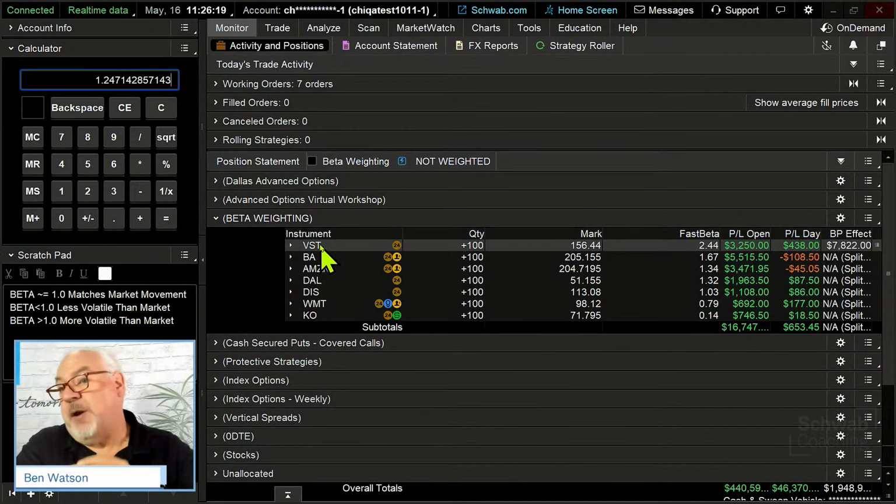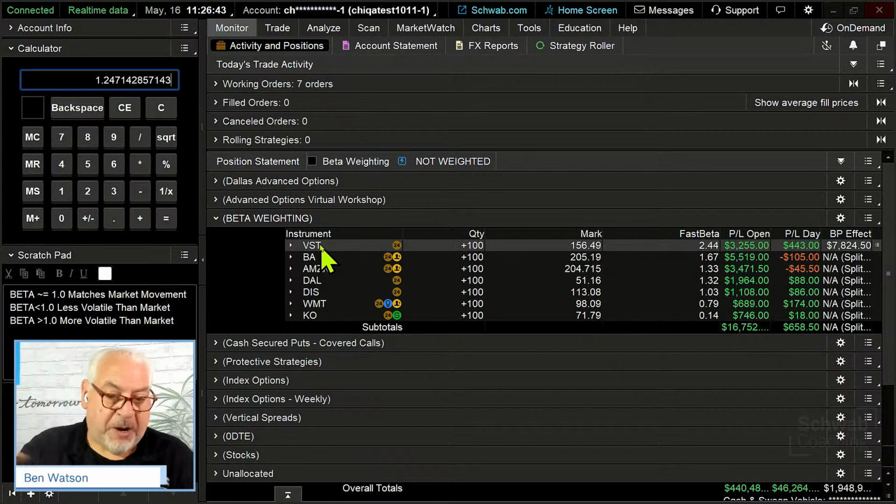If I wanted my portfolio to just match, I didn't want to outperform or be more volatile, which we could equate to risk. If I didn't want my portfolio to be more risky, thinking about movement, than the market as a whole, I could reduce that sensitivity or that volatility by reducing my average fast beta. If I wanted to add exposure to my portfolio, I could add more of a position or add other positions that gave me more beta, that potential for volatility.